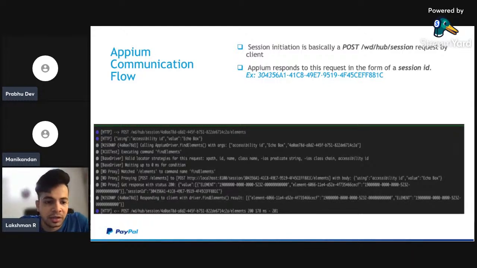If you notice in this picture, a POST call is being passed, and an action is being called for accessibility ID with the value echo box. So we are searching for accessibility ID, and we are getting a status code of 200 and a response. From the bottom, if you see the fourth line, you're getting a status code, and in the third line, you see the session ID. Each and every action in mobile, whether on real devices, simulators or emulators, any tap action, move action, click action, any action you perform, a session ID will be sent from the Appium server back to the client.